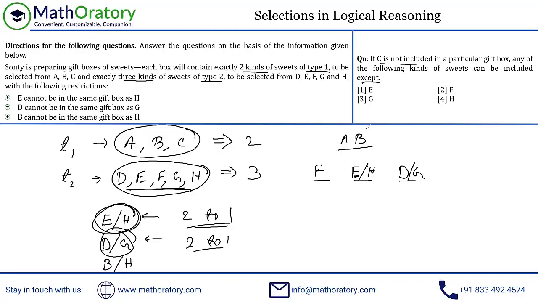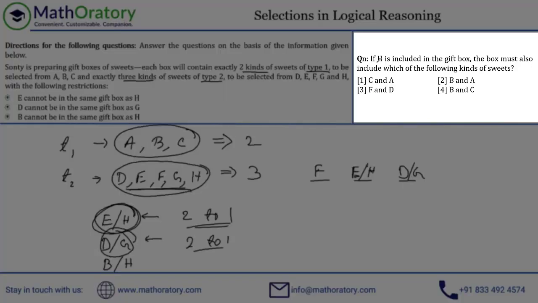So if B is selected, then we already know that H cannot be selected. That is already given to us right here. So if B is selected, H cannot be selected. So this is pretty straightforward. So H cannot be selected, except for that, everything should be selected. I mean, if H would not be in the option, then I might have thought about it. But in this case, that is the only thing you can derive. Let's move to the next one.